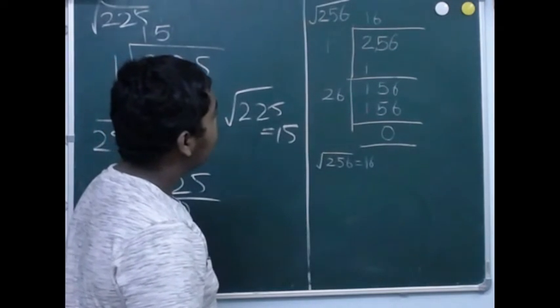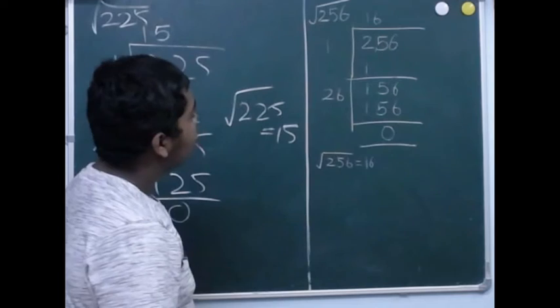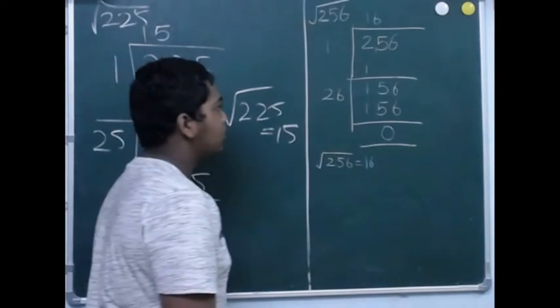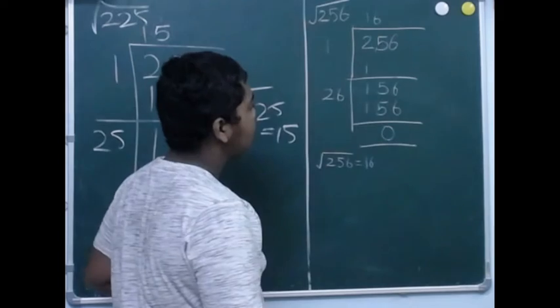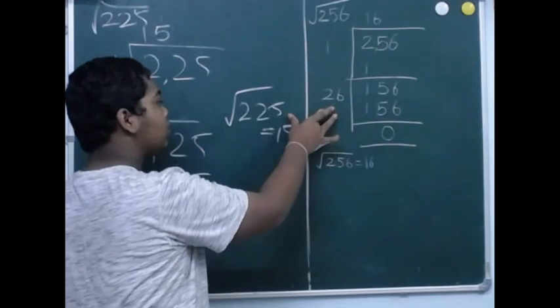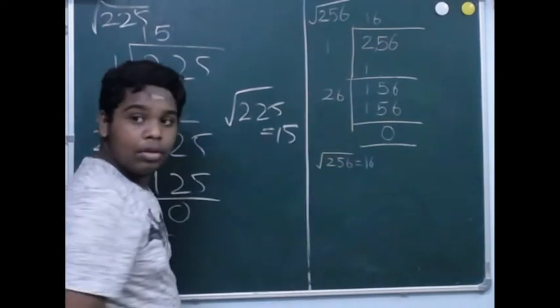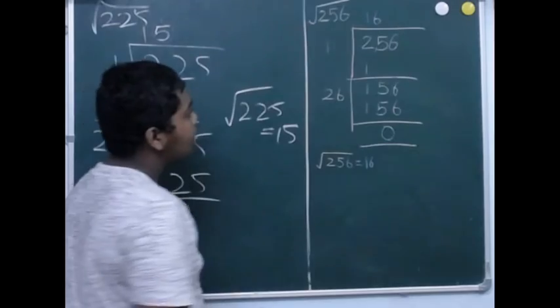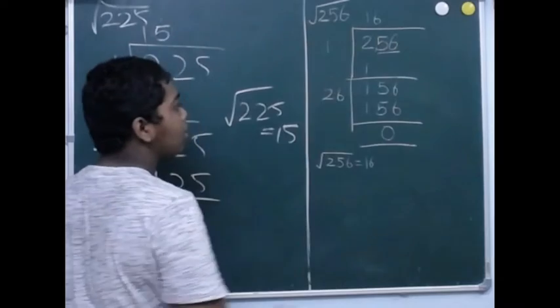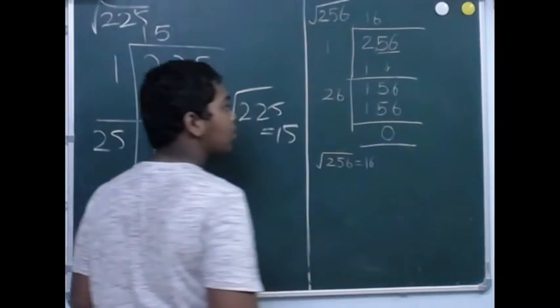Then select the first number. Now you can find out the perfect square within that. That is the second step. Explain. So 1 into 1, 1. Is it not? Yes. So subtract 2 minus 1, 1. Then what you are supposed to do? So the third step is to first drop the remaining 2 digits, 56. Okay. So this 56 should be dropped. Then what you are supposed to do?